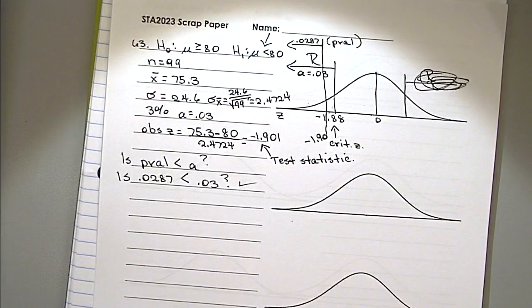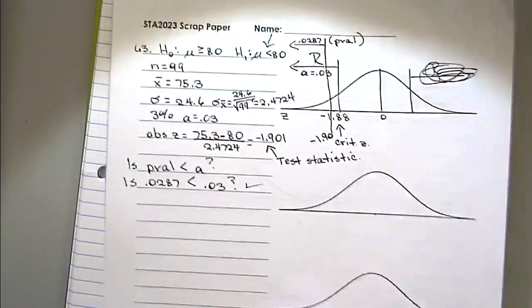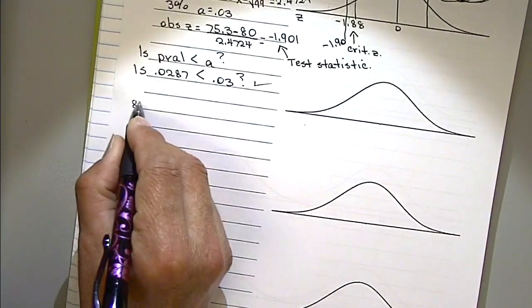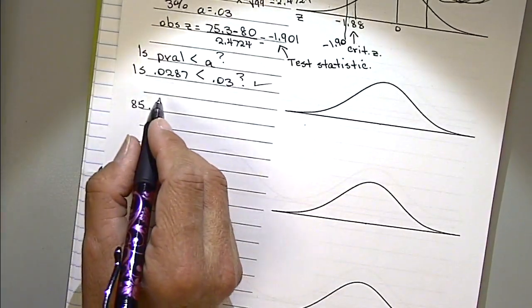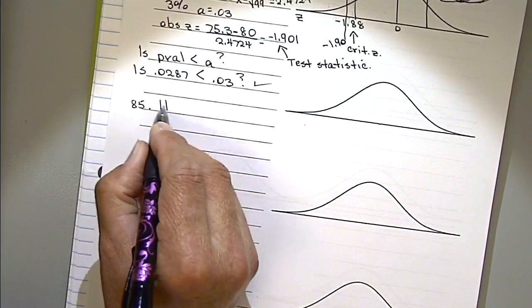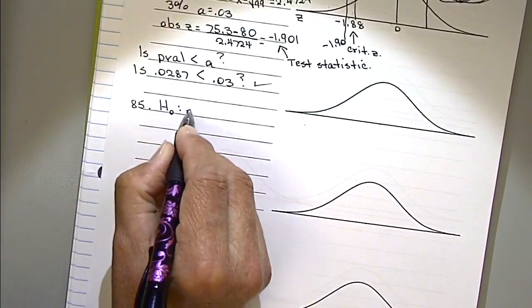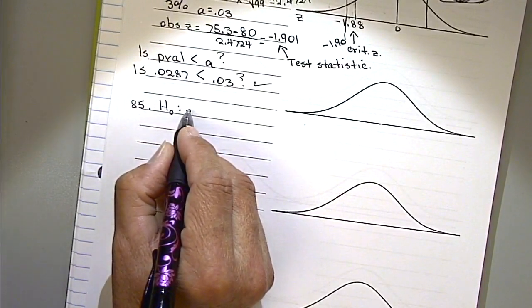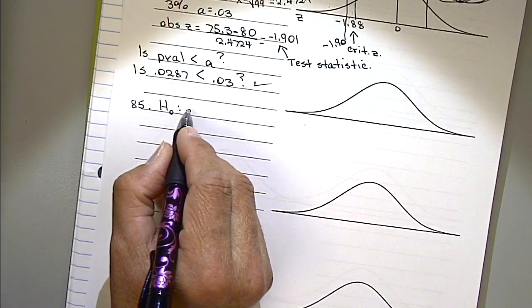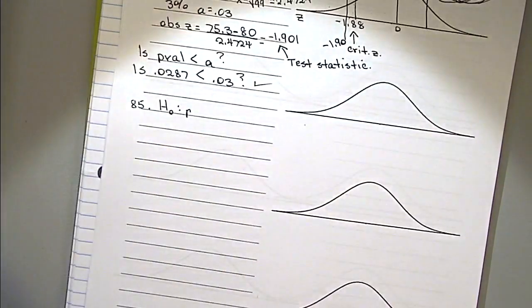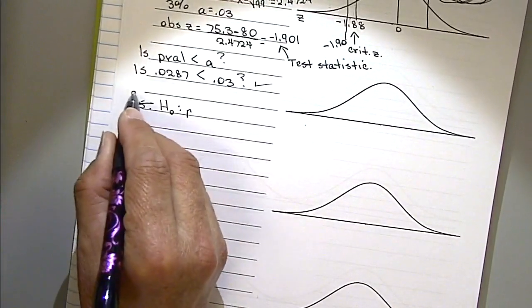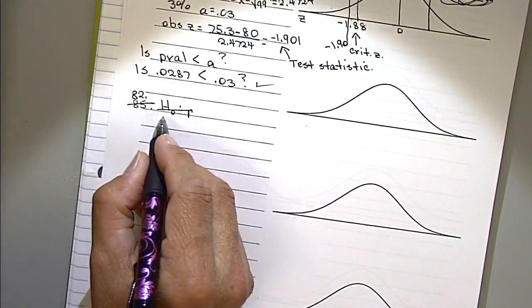All right, so let's look at number 85 while we're in here. All right, it says that there is a hypothesis test with these statements. This one is a proportion. Why am I doing a proportion? Didn't mean to. I meant to do number 82. Can we scratch that out and go to 82? Okay, so 82 says,